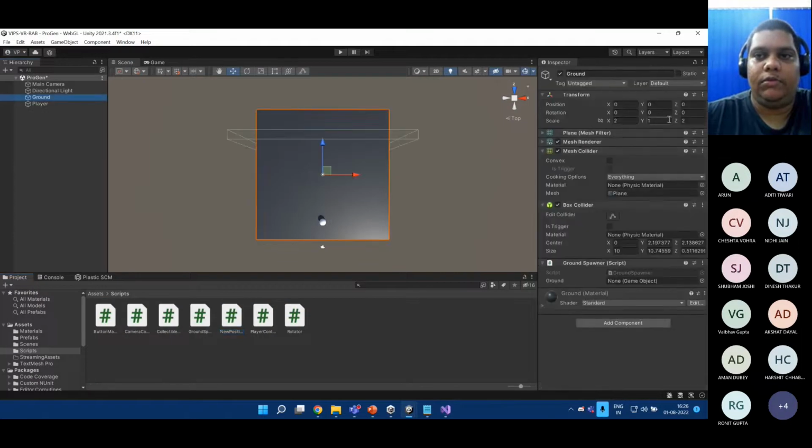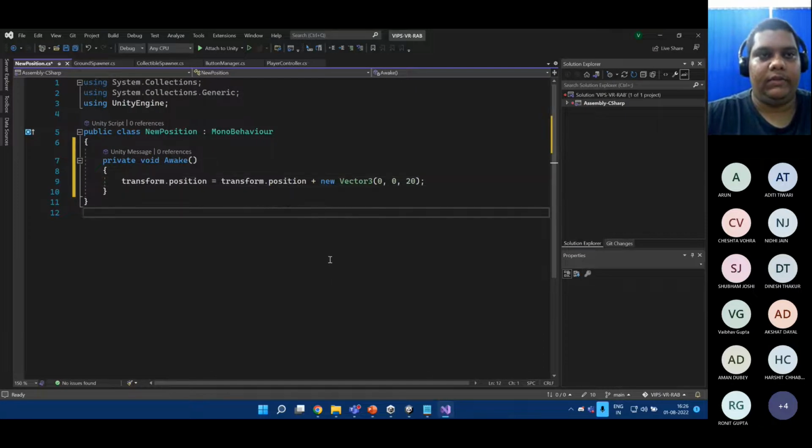So we have 2 cross 2, so this distance will be 20, and this will keep happening in every next round. So just save the script